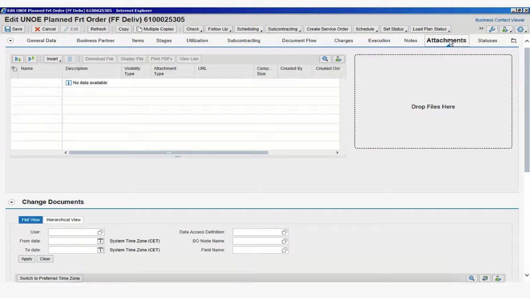So if we select attachments, we will see that we can simply drag and drop attachments here in this box where it says drop files here, or we can simply go to insert and add them manually. Here's where we would add any critical documentation that would be needed in terms of proof of delivery, for example, or any other document that is of high importance and that we can always link to one of the events